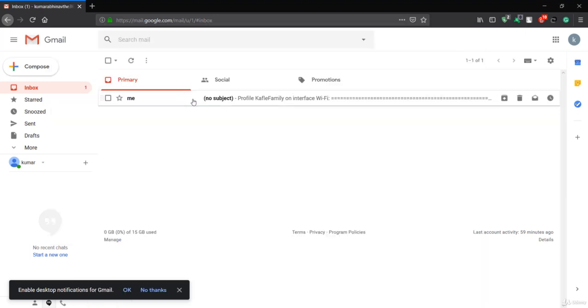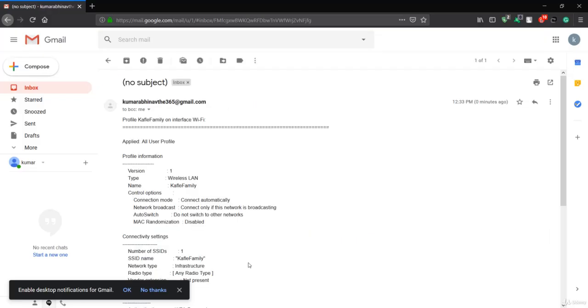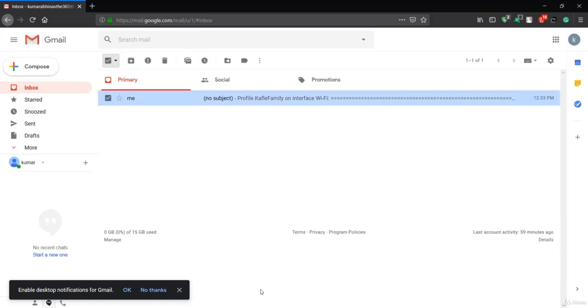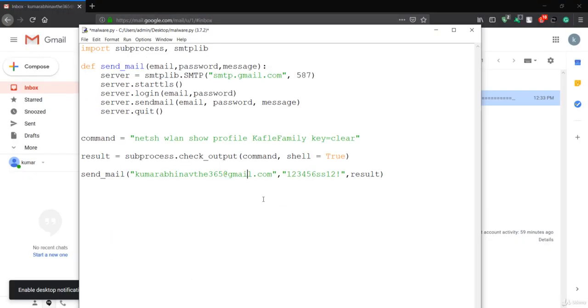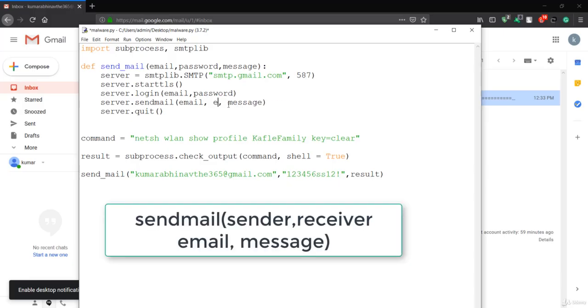So it will wait for a moment, and let's see if this is working. So yes, we just got the information. Maybe it was not working the first time, but now we're getting the information. So what you can do is run that one more time, and you could see that now in this case we have this email and a password. So instead of the password, you can also send with this email. So you can do that.